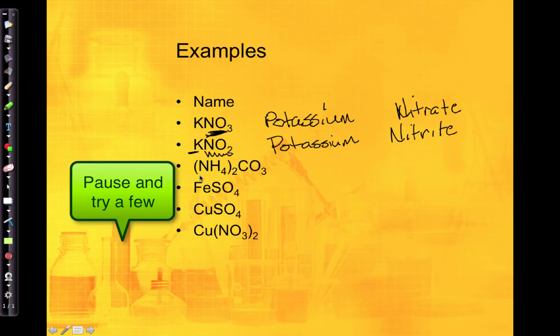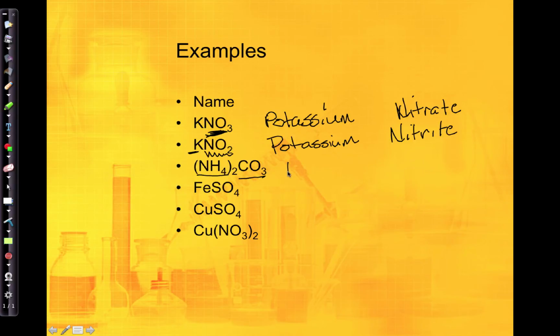Oh, I've already got a polyatomic right here. So I've got 2 polyatomics. NH4 is ammonium. I do not change the ending here. I do not include the charge because it's not a metal with more than 1 charge. And then whatever's left is CO3, and CO3 is carbonate. All right, so the next one,